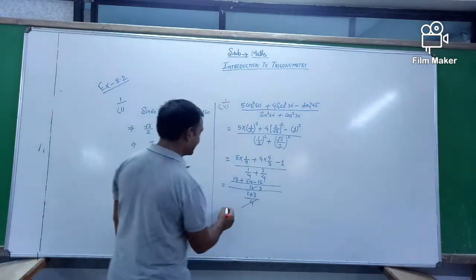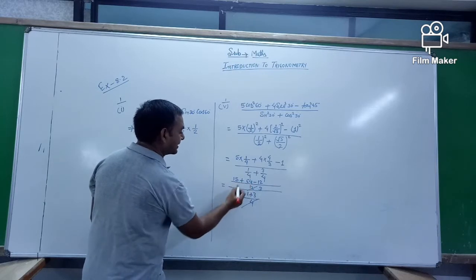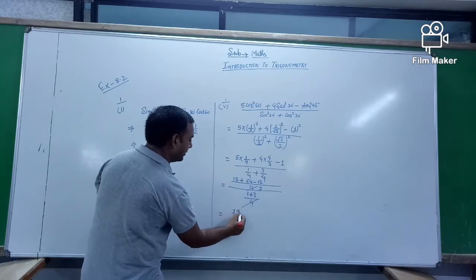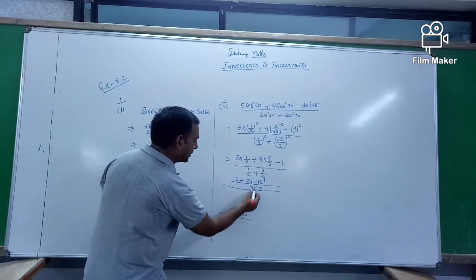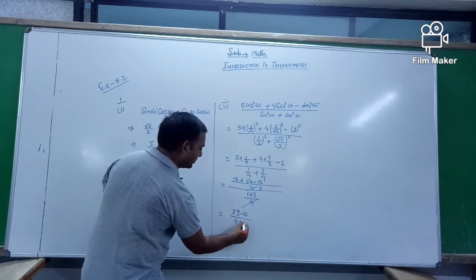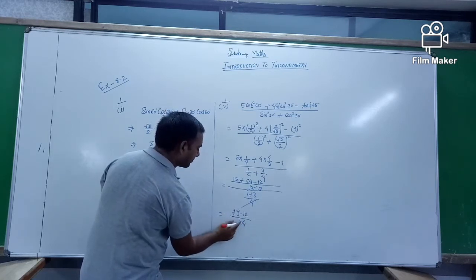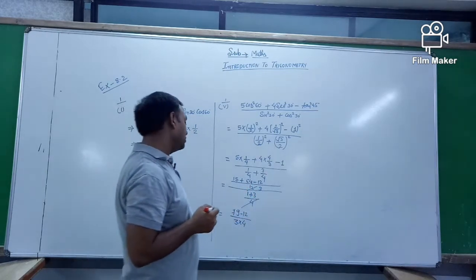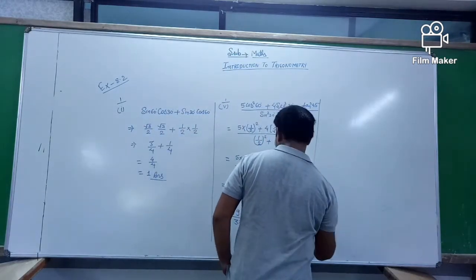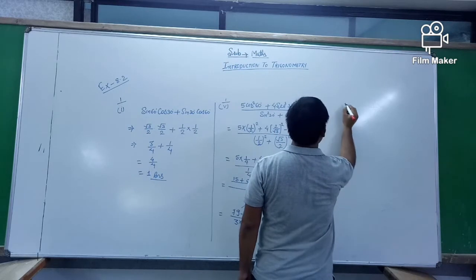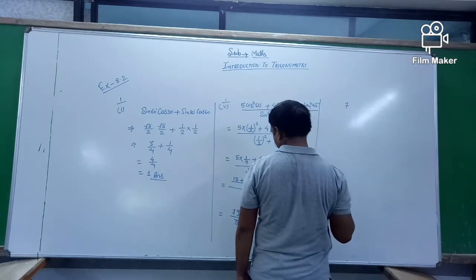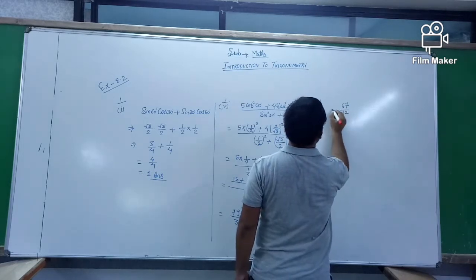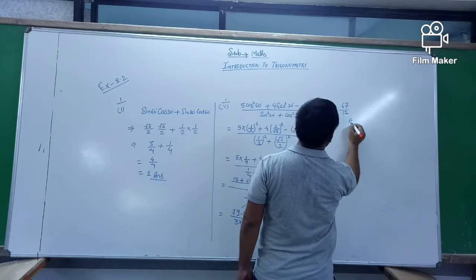Then you see here, that is equal to 15 plus 4, it is 9, 6 plus 1, that is 7, minus 12 upon 3 into 4, because this is the 3, multiply here 3 plus 1, that is equal to 4. Then you subtract 12 from 79. 79 minus 12, it means 9 minus 2, it is 7. 7 minus 1, that is 6. 67 upon 12. So the answer is 67 upon 12.